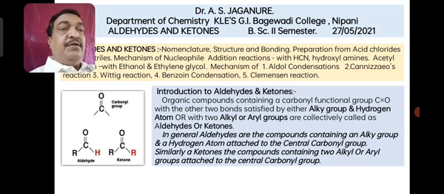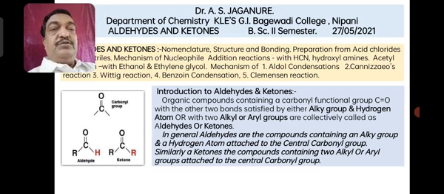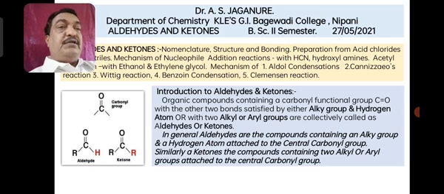As you may already be very familiar with the terms aldehydes and ketones, that is C double bond O with two valencies. If the two valencies are satisfied by R and H, it is an aldehyde; R and R, it is a ketone. So this definition is completed. And I have given some structural elucidation, nomenclature, everything, and reaction with HCl, reaction with hydroxylamine, and reaction with alcohol.